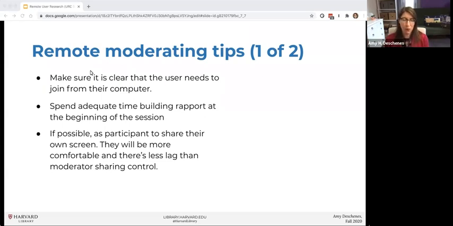So for moderating over Zoom, so conducting a usability test over Zoom, first and foremost, this seems so obvious, but in whatever reminder email you're sending, make sure it's clear that a user needs to join from their computer. Especially if you're doing some kind of interview and maybe you're going to bring up a website, they might not realize that it is going to involve some kind of software, depending on how you worded the recruitment email. So just make sure they know they need to join from their computer. And if you're going to ask them to share their screen, it's also good to let them know, either in the email or right at the beginning of the script when you're introducing the whole process.